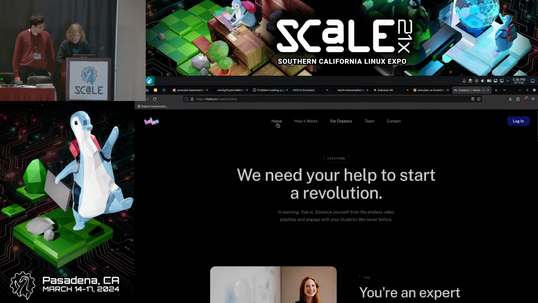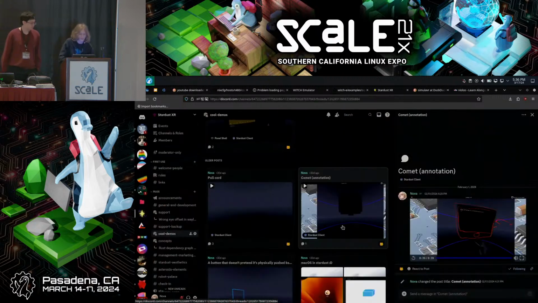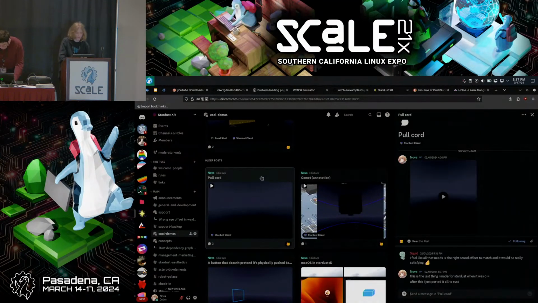Well, basically, the idea is that you can use your hands to create lesson plans and such. I worked here for 2 years, and that's actually where I learned a lot more of the specifics of XR interaction design. For example, a lot of the interfaces in Stardust are heavily inspired from Holos. I learned about signifiers and affordances. I learned about a ton of things that were important.